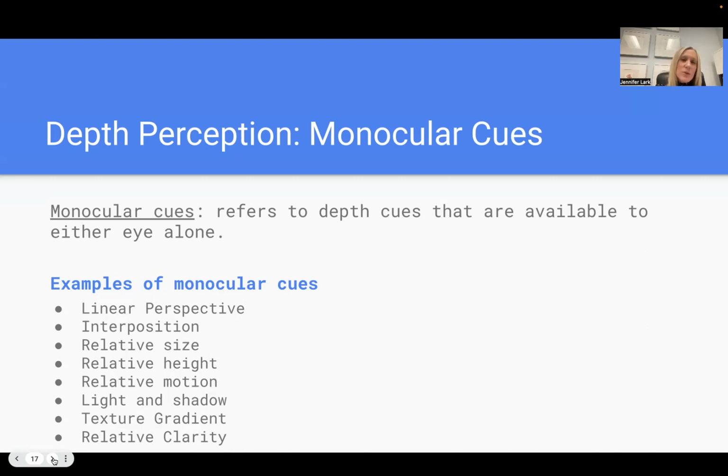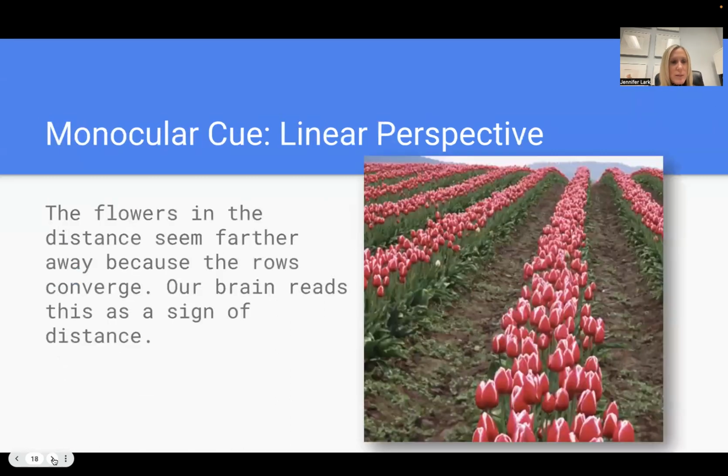A lot of times you see these monocular cues to depth perception in different artworks. If anyone is interested in drawing or painting in particular, artists regularly use these monocular cues to create the perception of depth in a two-dimensional drawing. So for each of the monocular cues that you see here, we're going to go ahead and get the definition and see some examples in art, and you can put those into your interactive notebook for this portion.